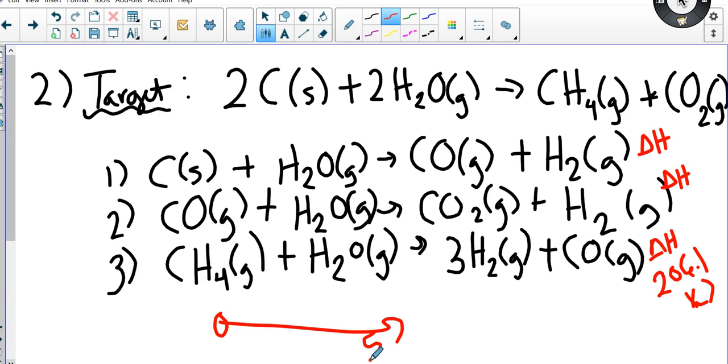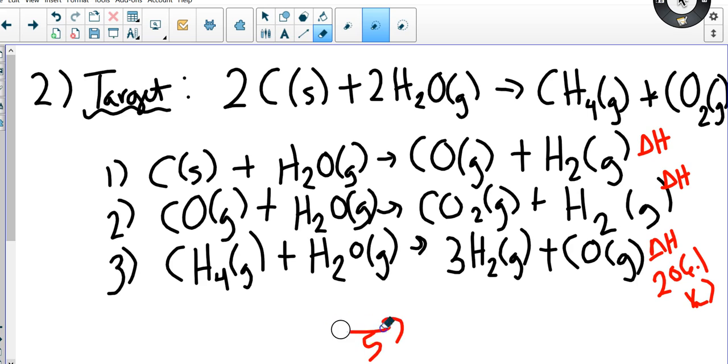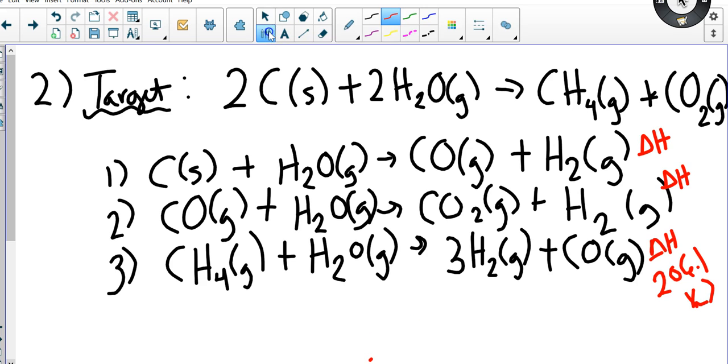Are you following me on the concepts here? Okay, so we're still puzzle piecing this out. I didn't write down all the enthalpies yet. The first enthalpy was 131.3 kilojoules, and then this enthalpy was negative 41.2 kilojoules. Okay, so like I said, sometimes you don't even need to use all the reactions, but let's just